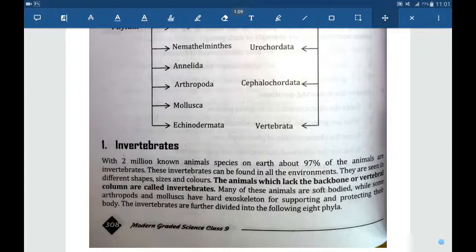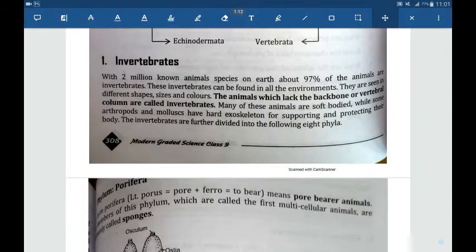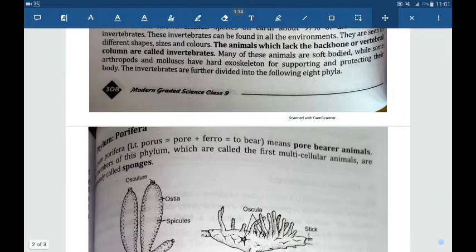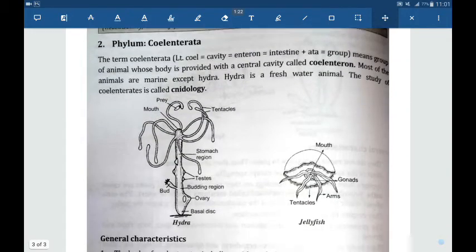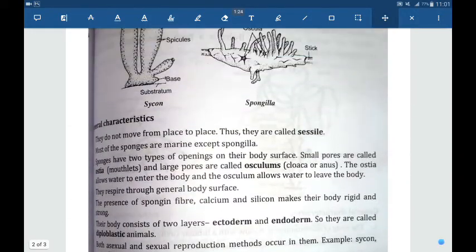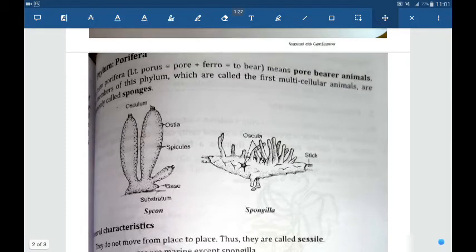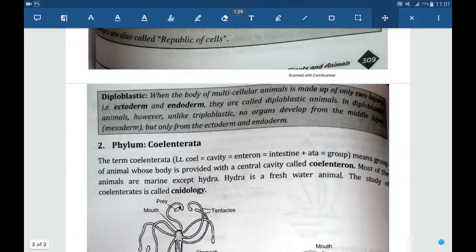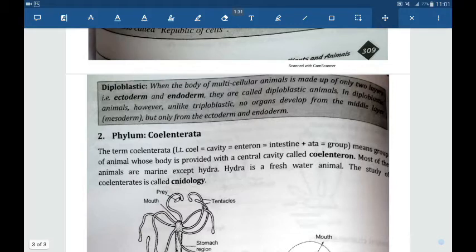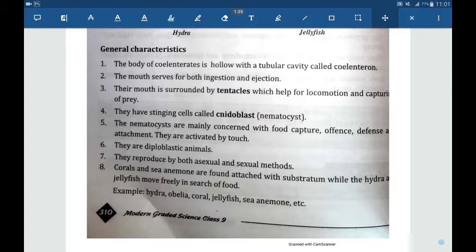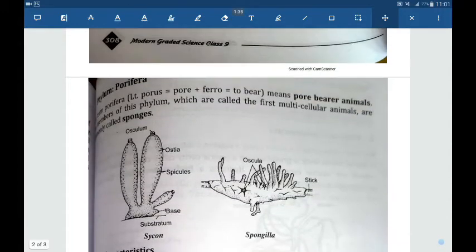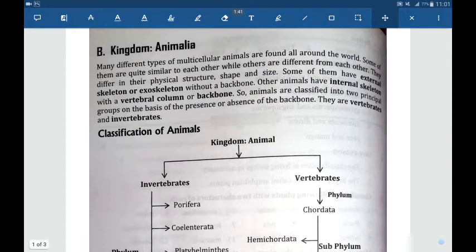And then in this class, we will be discussing invertebrates, and maybe two phyla of invertebrates will be discussed. They are Porifera and next one is Coelenterata. Porifera and Coelenterata. So what we will be discussing are the salient features, main features only. Okay,